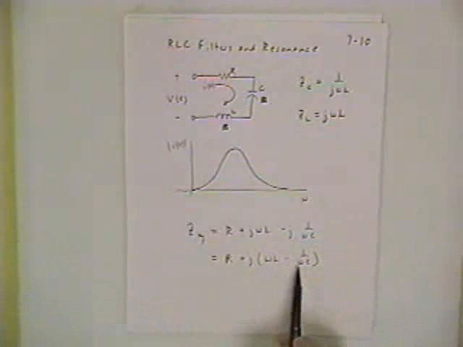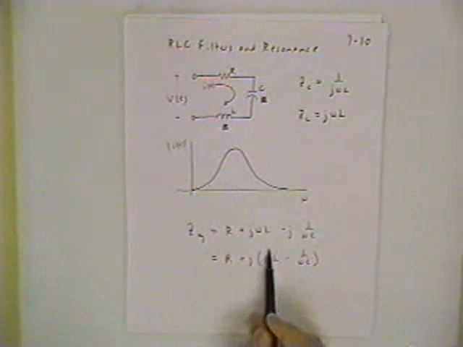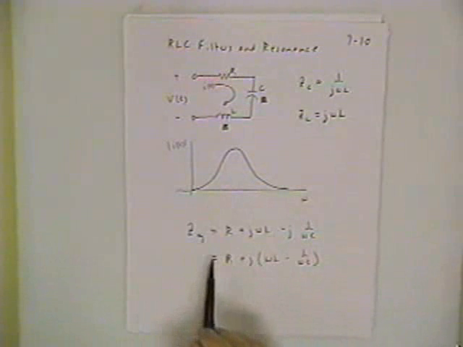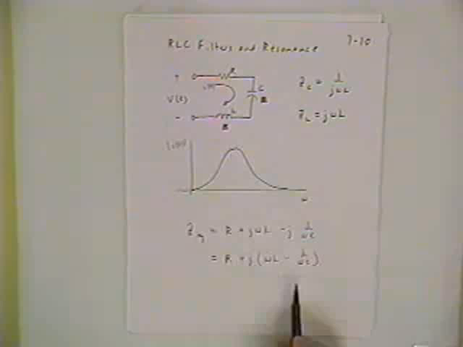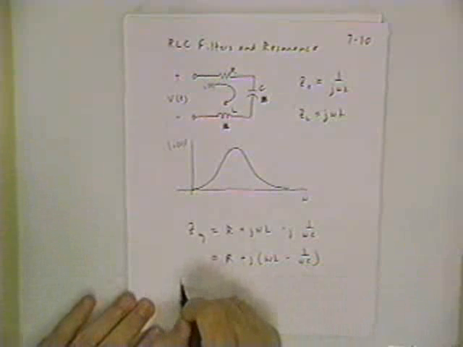There's some frequency in the middle of these two extremes, some frequency where this imaginary part just drops out completely. The impedance becomes purely resistive, and the current is a maximum. And that happens when